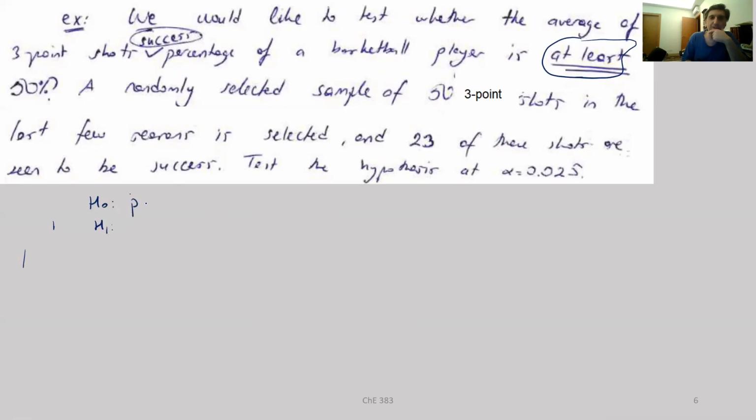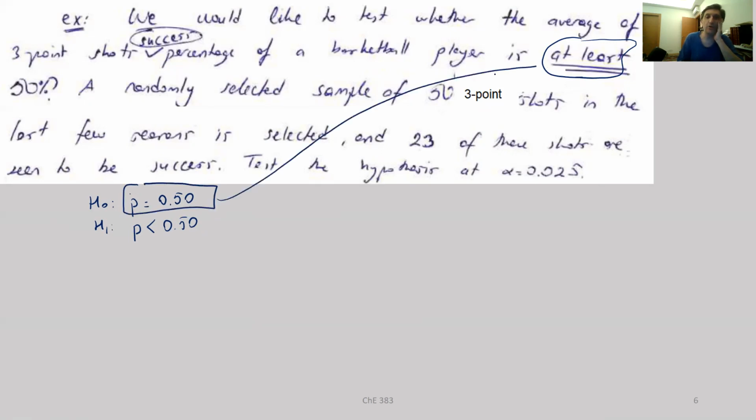Well, this is going to be the hypothesis test. P is going to be equal to the population proportion, the Bernoulli distribution parameter. P is equal to 0.50, or P is smaller than 0.50. Now, why did I write it that way when we have an "at least" statement, and which hypothesis corresponds to which statement? Believe it or not, this statement will correspond to this guy voicing this "at least" statement.